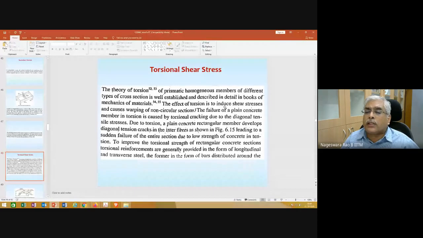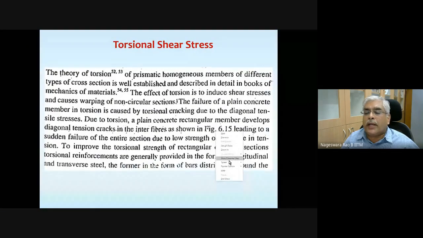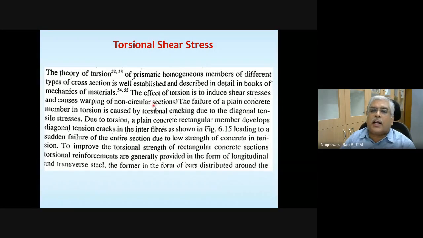Anyway, so now let's go through this here. The effect of torsion is to induce shear stresses and causes warping of non-circular sections. But please note that most of our sections in structural engineering are going to be non-circular. We are going to deal with rectangular cross sections.